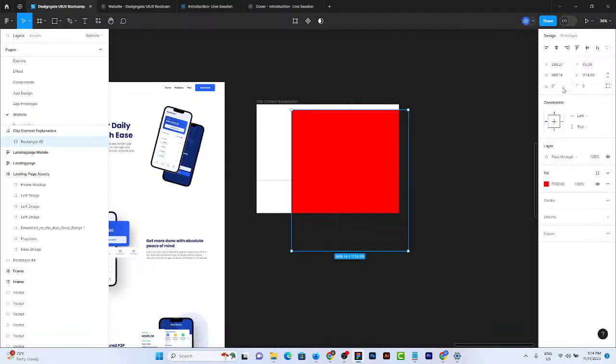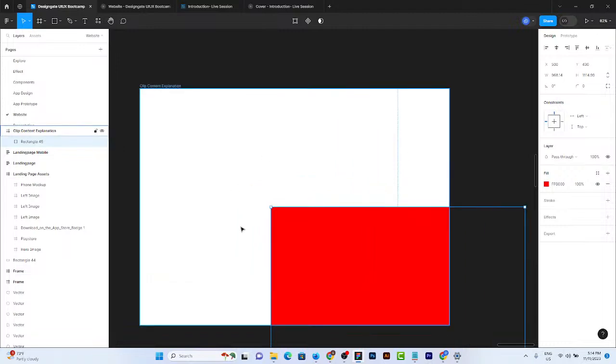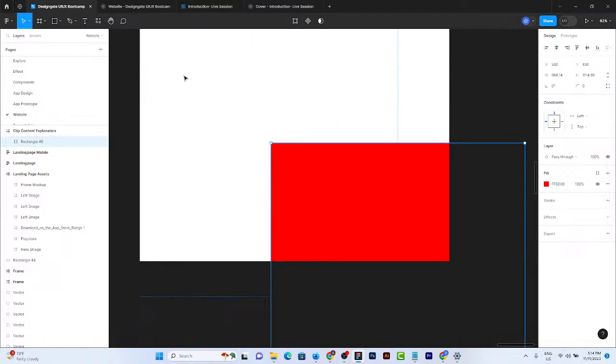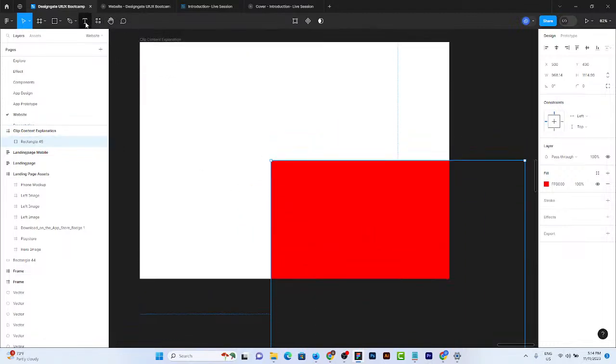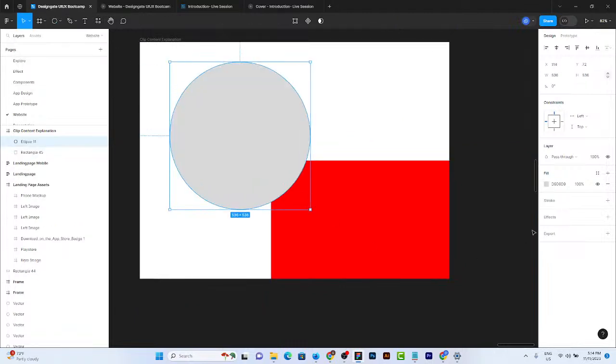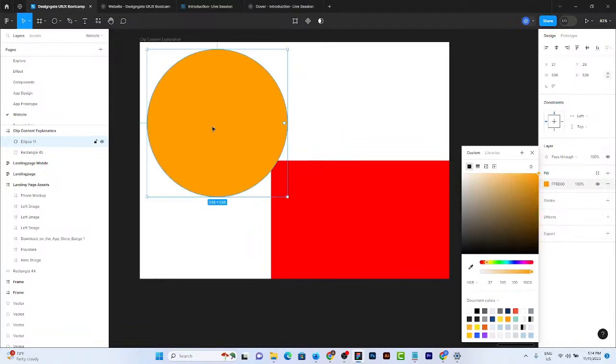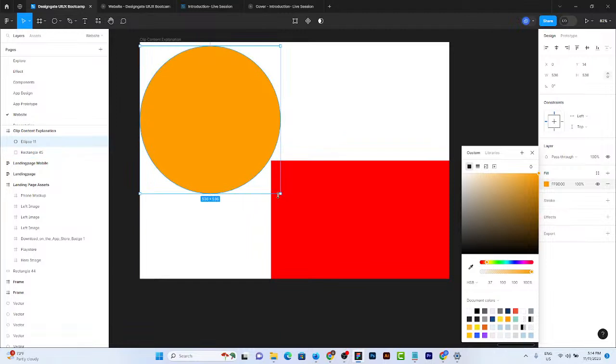So let me change this to 0 again. Now let me get another shape to explain this. If you draw something else, let me draw an ellipse. Let me give it another color entirely. So you can see this ellipse, right? You can see it's showing. Now if I should increase this ellipse,